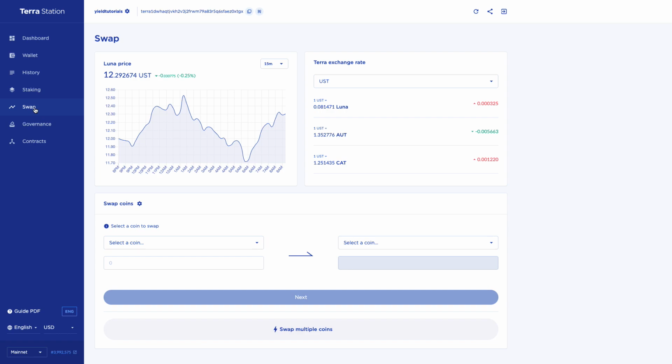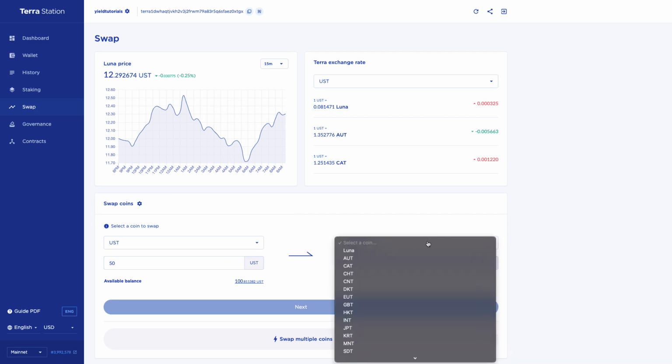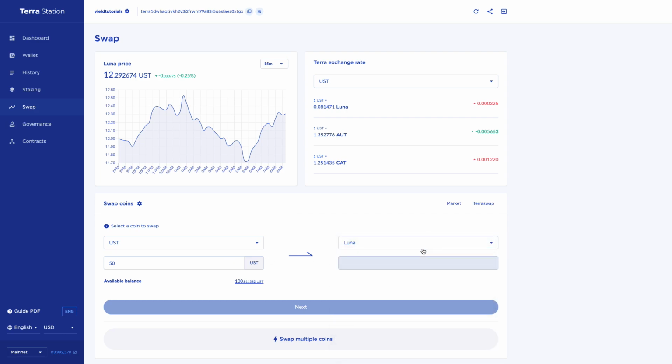The Anchor protocol is amazing, and to interact fully with all of its offerings, you're going to need Luna and UST. So inside Terra Station, you can use Terra Swap to swap some of our UST for some Luna. So I'm going to go ahead and swap $50 worth, or 50 UST, for some Luna. Now,